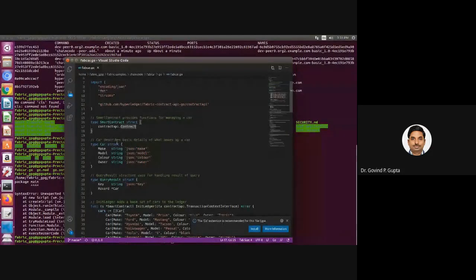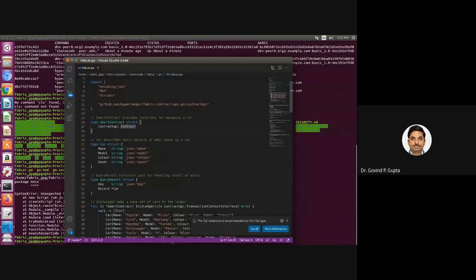Similarly, in order to describe the different features of a car, this chain code is developed for transferring the ownership of a car. Yesterday I discussed with everyone a chain code with the same example, fab car, where if a seller wants to sell their car to a different buyer, they transfer the ownership of the car from org1 to org2.